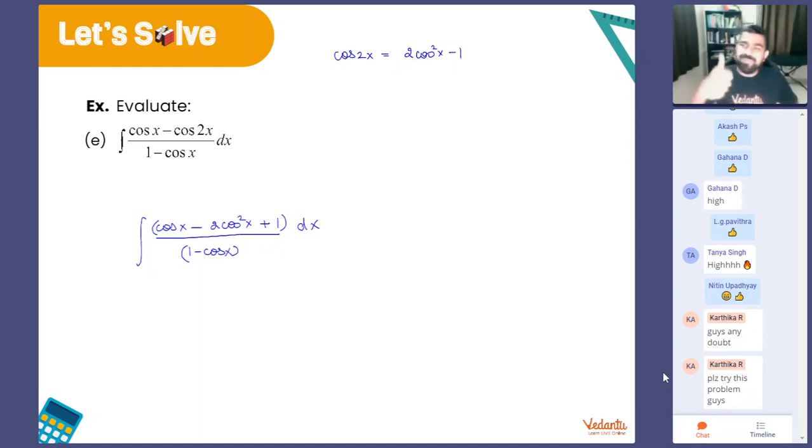Got it? So please go for it, my dear boys and girls. Everybody try. What you should do now, try to factorize your numerator, which is a quadratic. You all know how to factorize a quadratic, right? We have been doing that since childhood. So do that now. Everybody should do it. Come on, guys. I want you to be super fast.